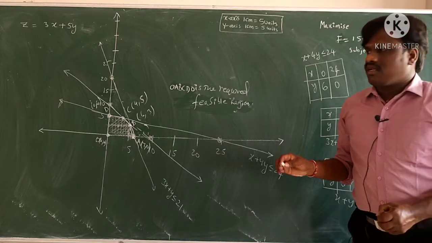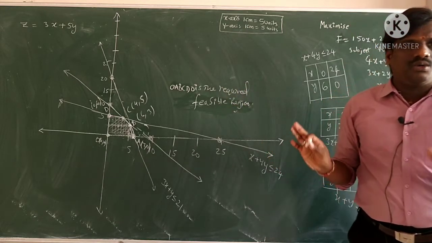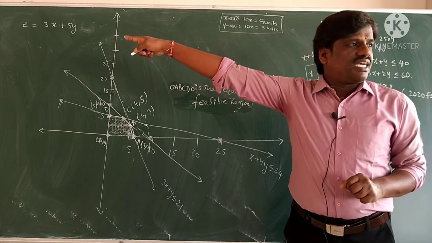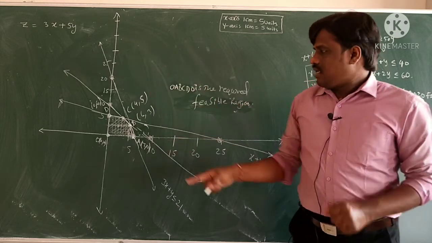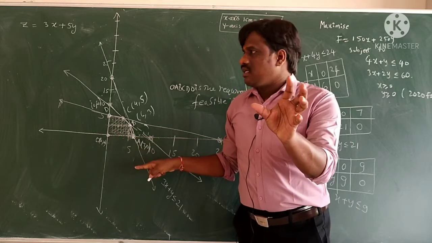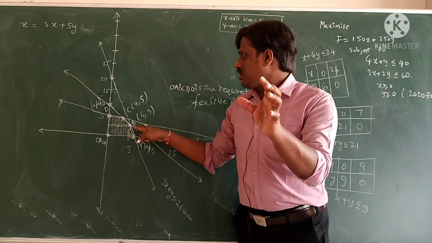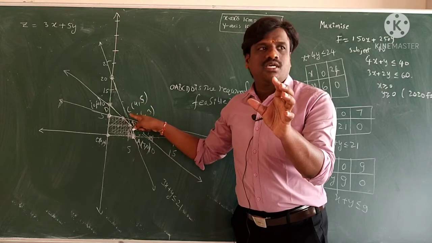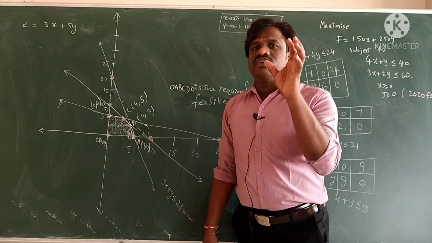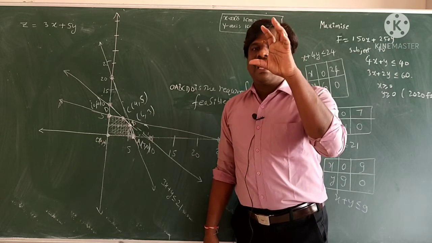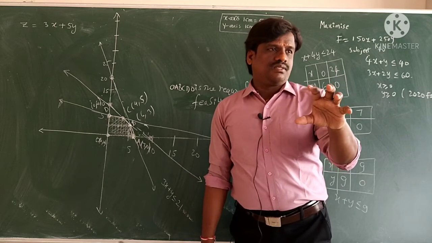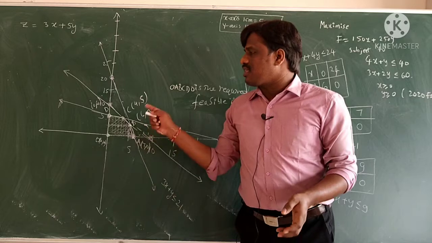Now what we will do here, you have to draw this graph. After that I will tell you how to write. After the graph, you take z is equal to 3x plus 5y and substitute these points. Substitute 0, 0. You see how much you get. Substitute A, B, C, D. After substituting, the point for which the Z value is maximum is your maxima. Likewise you have to substitute, then you will get the answer. First you draw the graph, then I will substitute.